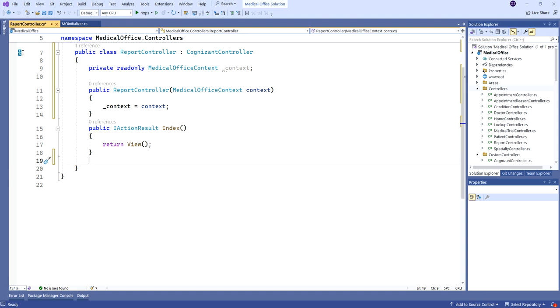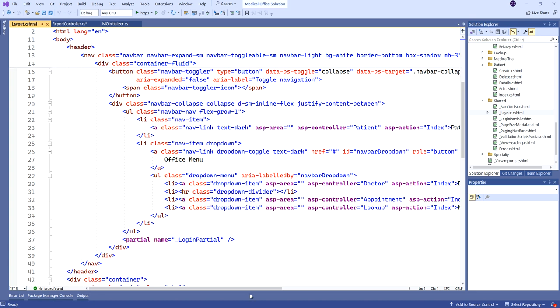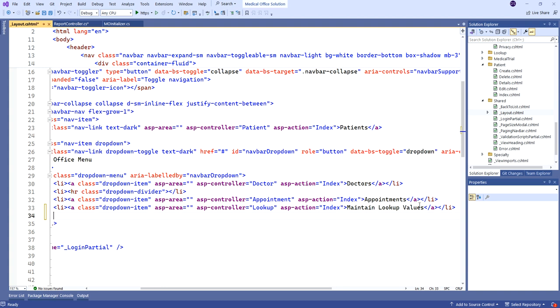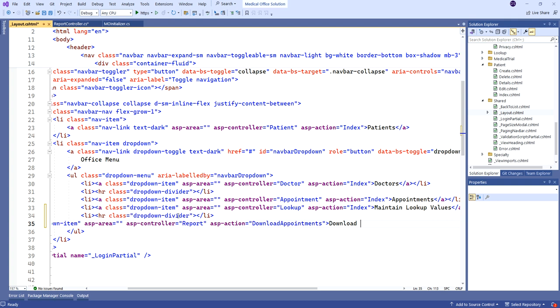So I might as well get a link ready to be able to select it. This is going to be pulling data about all the appointments that have been put into the system. We're going to put it out into Excel. So let me come down to our menu system, which is of course in our layout, right? And down here with the nav system that we have, I'm going to add yet another link. I'm going to make it a drop-down link, building on the drop-down menu that we have so far. I think I'm going to throw in yet another divider first, because this is kind of a separate little section in the drop-down menu. And then,